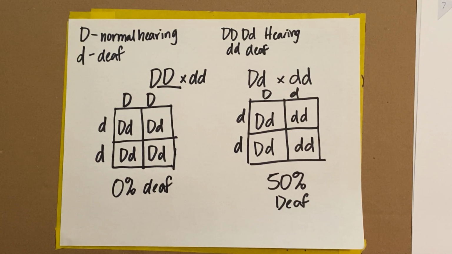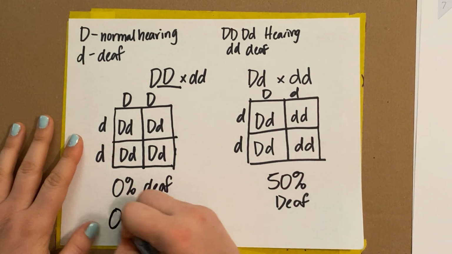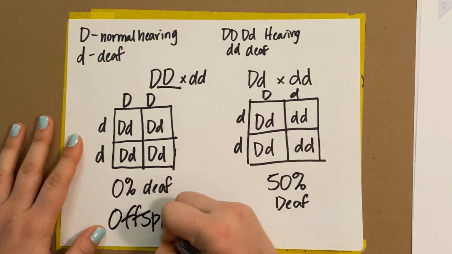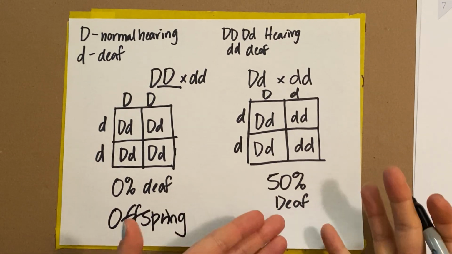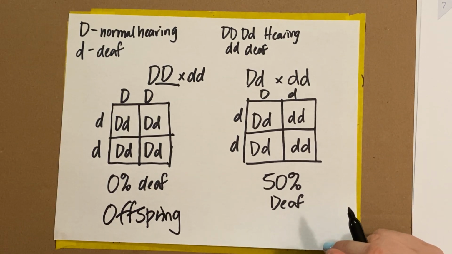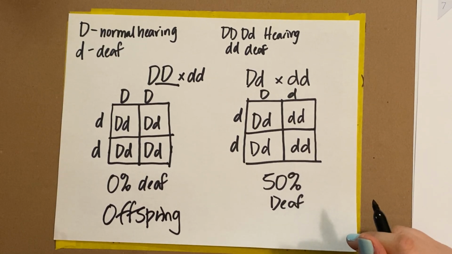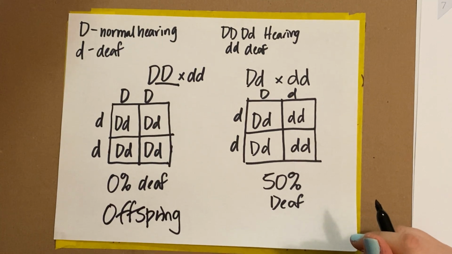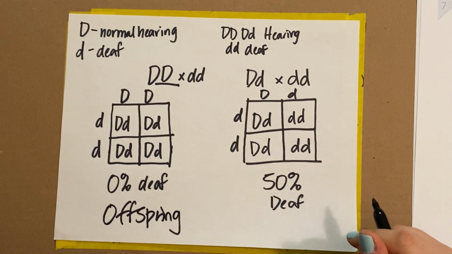Okay. And then it says, how could you tell the genotype of this male dog? You're gonna tell by the offspring. Okay, so you look at the offspring. If you have deaf puppies, then you know that the male has that heterozygote situation. Okay, and then the second part of this says, show how two hearing dogs could produce deaf